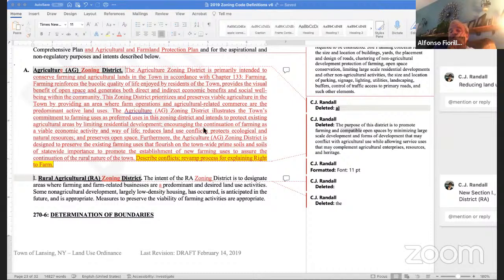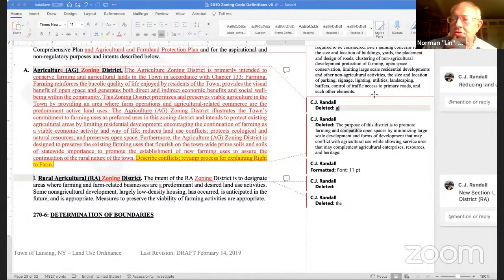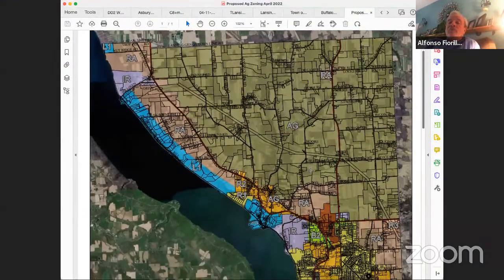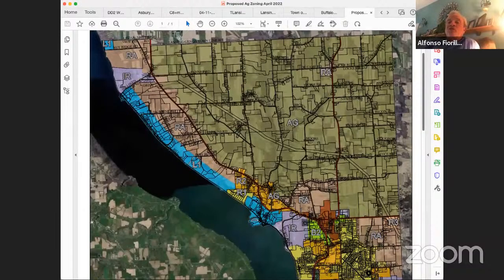Lynn, go ahead. We're going back to the old RA, right? Well, no, we're proposing having an ag zone and a rural agricultural zone. Right, and that transition agricultural zone is going to allow more dense, possibly development and some related commercial development. So should that be solely on the downhill side of Ridge Road or just bordering Ridge Road? In other words, should some of the parcels on the uphill side be included?